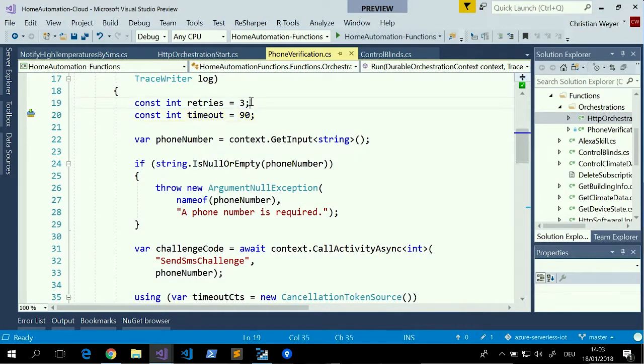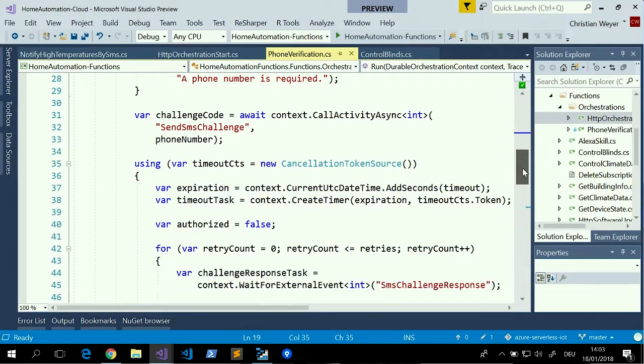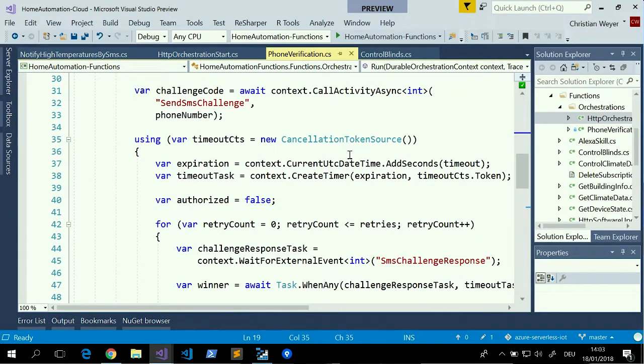We are retrying 3 times before we are going to fail. And what we are going to do is we are calling a function that's named sendSMSChallenge. And after that's done, we are waiting for an external event which is called SMS challenge response.